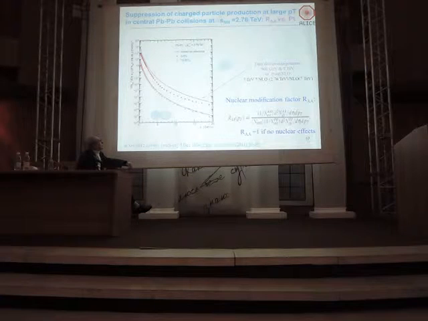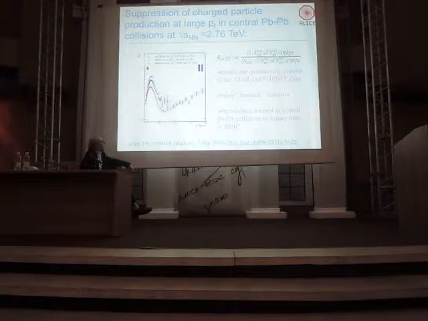Another interesting effect which was found is if you compare the ET spectra in the case of peripheral collisions and in the case of central collisions, and divide one spectrum by the other, but with the account of some factor for the number of nucleon-nucleon collisions, because practically these are nucleon-nucleon collisions and these are nucleus collisions, for example. One can see the so-called nuclear modification factor. It was suggested rather long ago to use this. And what one can see with this nuclear modification factor is a strong damping of the high